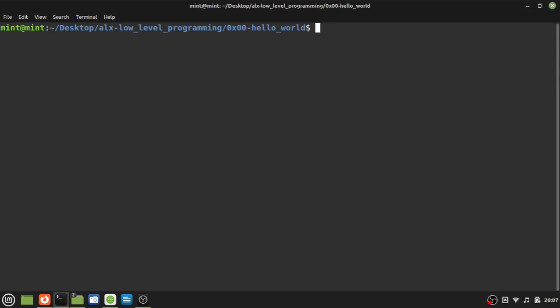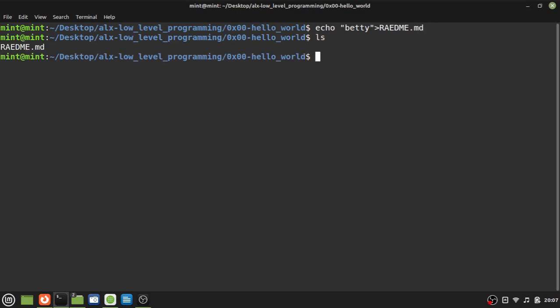So the next thing we're gonna do is, after doing that, in this file we're gonna create another readme file. So gonna echo another stuff here, echo, then I'm gonna put Betty, then I'm gonna close it, then put that readme, then .md. So that's what I'm going to do for here. So make sure we have our readme.md inside this project we are about doing. So, and that's it. So the next thing we're going to do is, after doing the low level language and whatever,